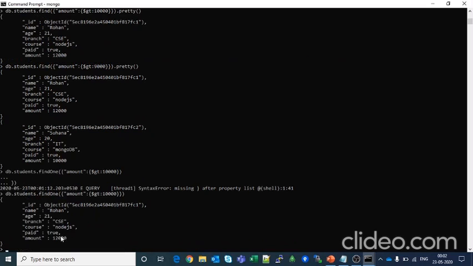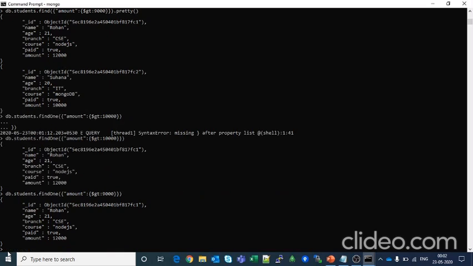Now I can see it has retrieved one document. Even if we pass 9,000, it will retrieve only one document, the first document which matches the criteria.